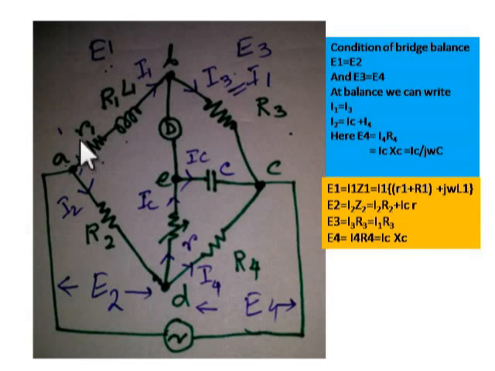What is E1? The Z1 is the impedance of the first arm. This arm is R1 plus small r1 plus capital R1, where capital R1 is the resistance of the inductive coil. Now, this E1 is equal to I1 Z1. So, I1 into R1 plus capital R1 plus j omega L1. Now, this is the E1.